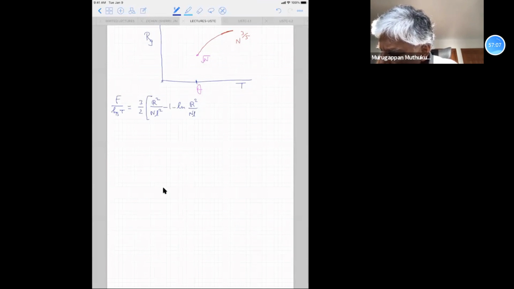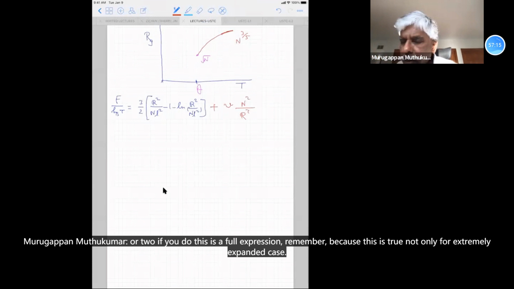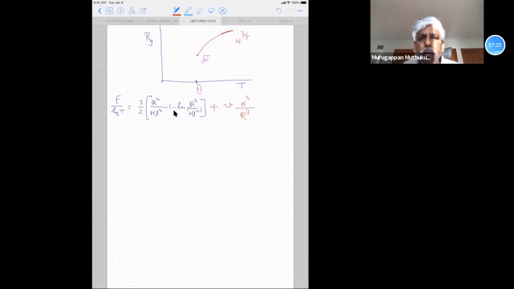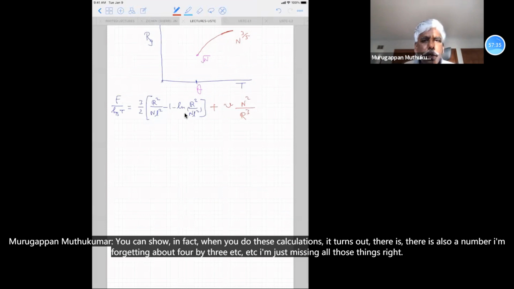Remember that? And then adding this excluded volume term, v n squared by R cubed. If you do this, this is the full expression. Remember, this is true not only for an extremely expanded case, but also in general. So if you take that correct expression for chain connectivity, and if you do this, you can show, in fact,